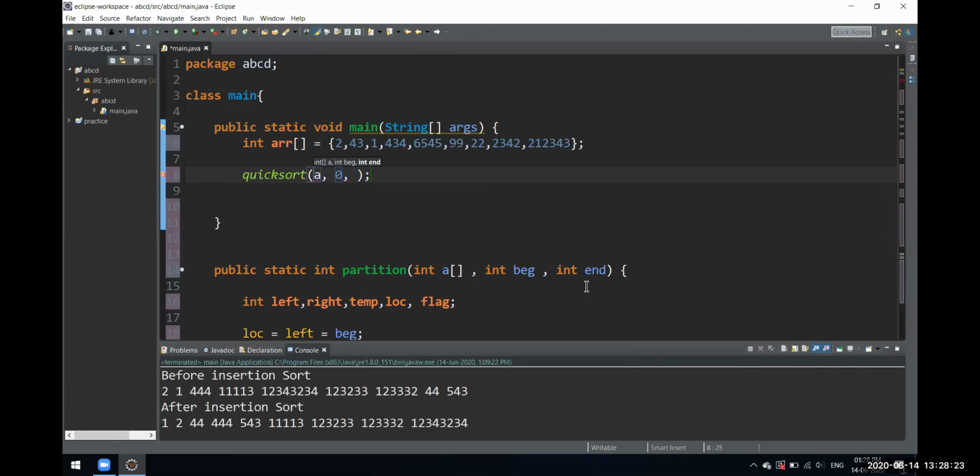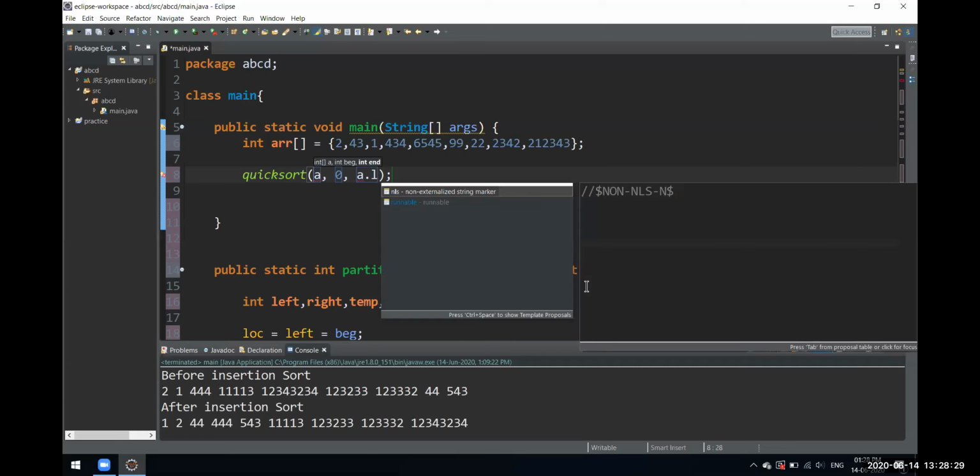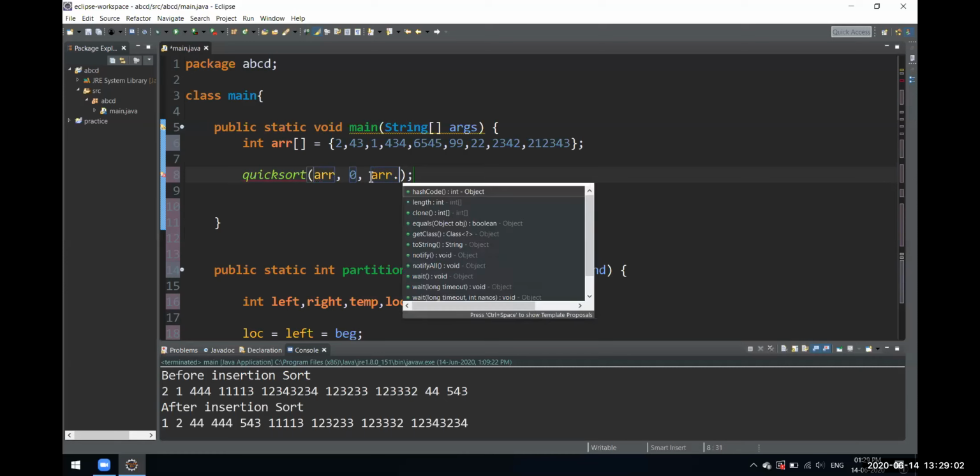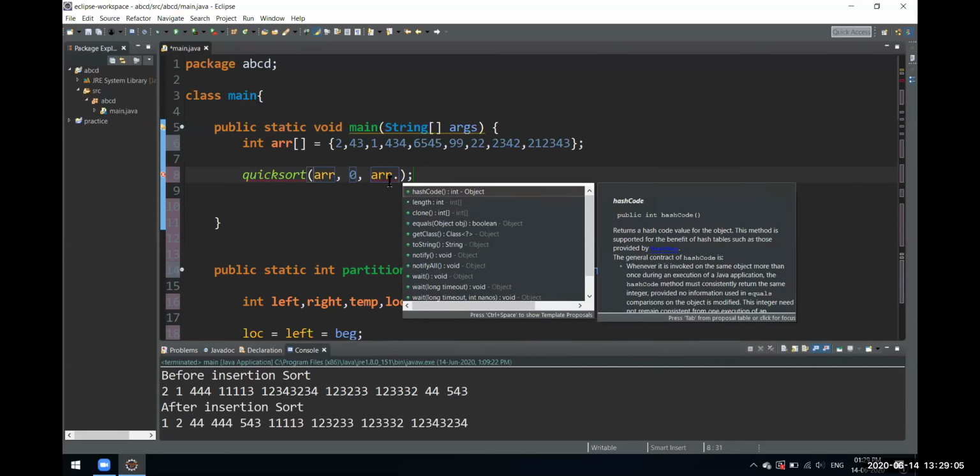Why is it not coming? Yeah, that's it. This hard codes its length, I will figure that out later. 1, 2, 3, 4, 5, 6, 7, 8, 9. Nine is its length, but in the programming world, as we know, it starts from 0. Oh sorry, we were making a mistake over here. So yeah, now it will work.